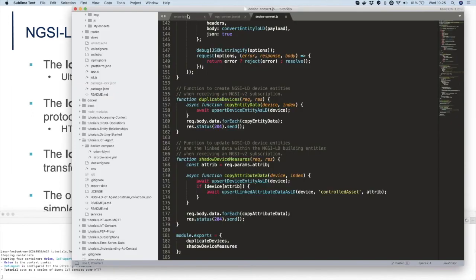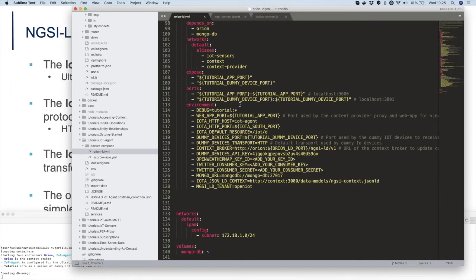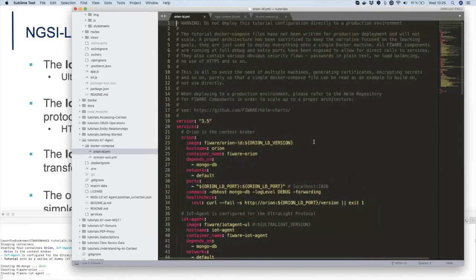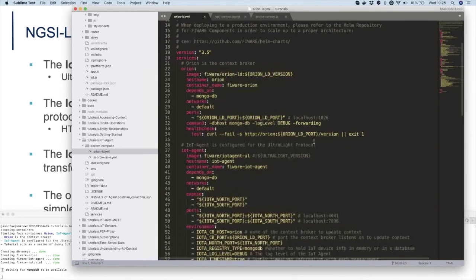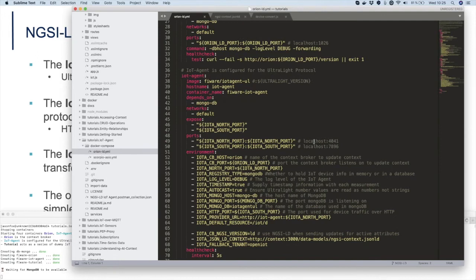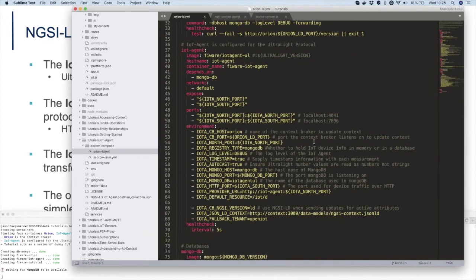We're currently starting a simple little Docker Compose, and this is very similar to the Docker Compose which you would see for NGSI V2. You've got Orion in it, in this case Orion-LD, because I'm using an NGSI-LD context broker. But the important bit is the IoT agent, and the IoT agent has got these additional elements in it to say, I am going to be doing stuff in LD format, and I am going to be using the following